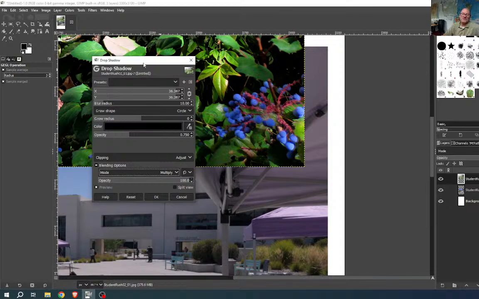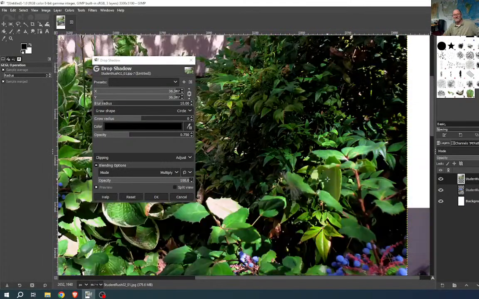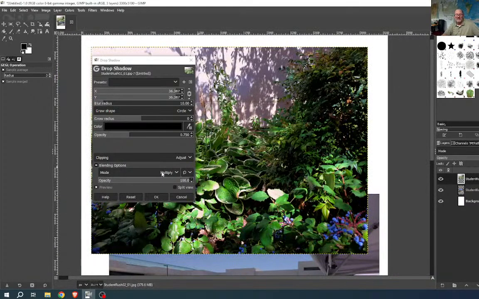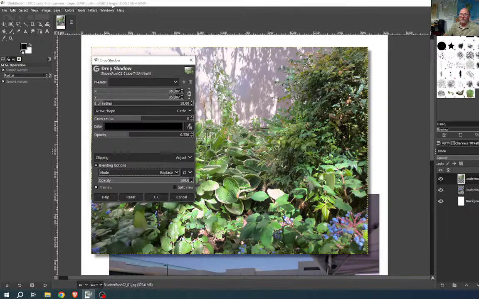It's blending with the image itself, and it's darkening it. So it looks nice and everything, but I chose multiply instead of replace. So that replace preserves the original,